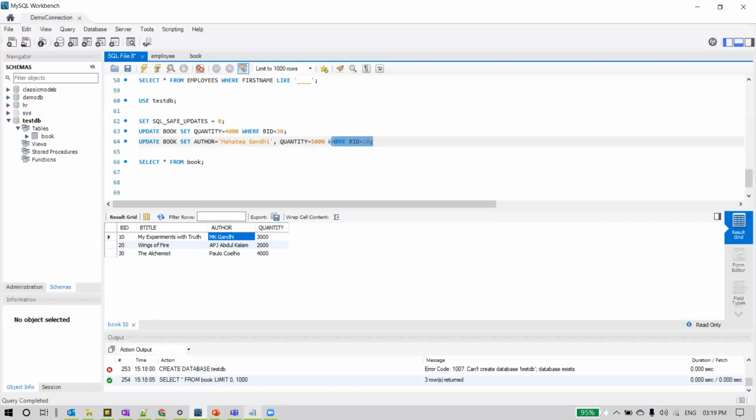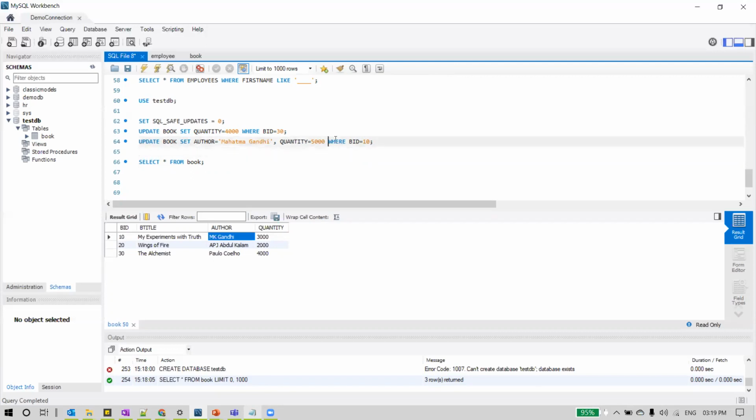Do it for only the rows which I specify by my where clause condition. So BID equal to 10 returns the first row. So for only this first row, modify the values for these columns, is what we are saying with this statement. Like this, we can use the set keyword to modify the values for more than one column.